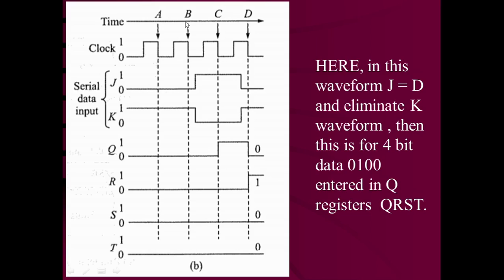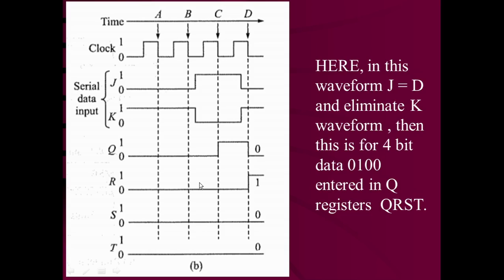Prior to the next clock edge, what are the inputs for the flip-flops? The data input is going to be again 0, the second LSB. You can see that this one is going to be 0. So, when the next negative edge of the clock pulse occurs, this 0 will be loaded into the first flip-flop Q. The output of Q, which was 0, will be shifted into the flip-flop R. The output of R which was 0 will be shifted into the flip-flop S, and the output of S which was 0 will be shifted into the flip-flop T. That means after the second clock pulse, what will be the data at the output? QRST is going to be 0, 0, 0, 0.